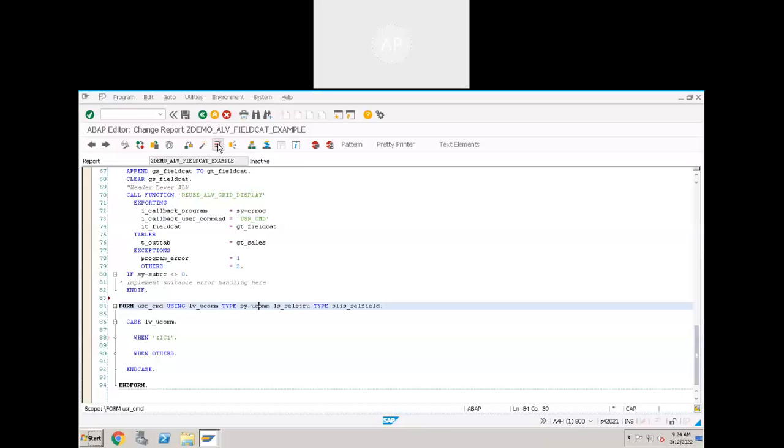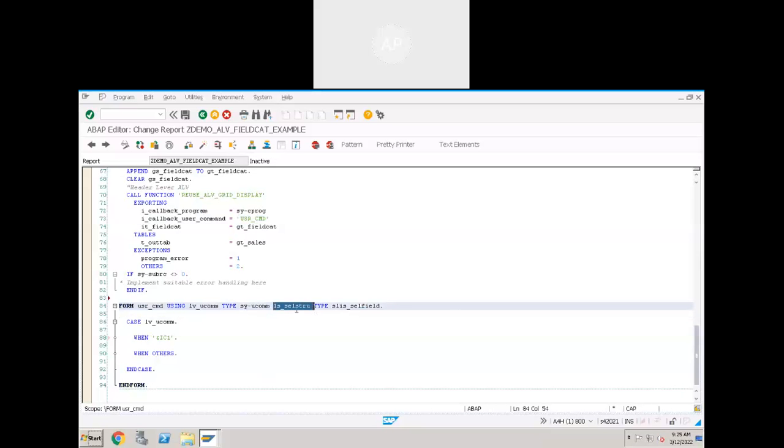We write the logic, display the selection screen, and that value will be captured into SY-UCOM. What is this structure? Selection structure. We have to define the second importing parameter, of type SLIS_SELFIELD.